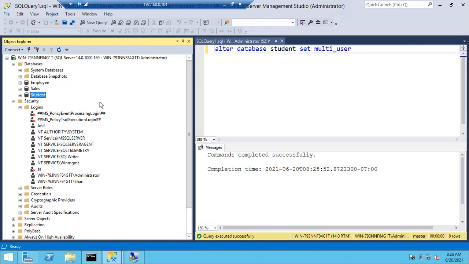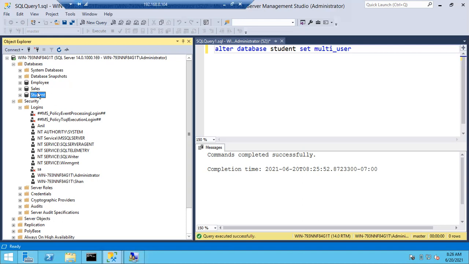Is it clear? Now, what is the prerequisite for creating a Windows login, apart from approvals and all? The member must be a Windows user. Yes, he should be a Windows user. Once a user account is created at the Active Directory level, only then can we create a Windows login for him.